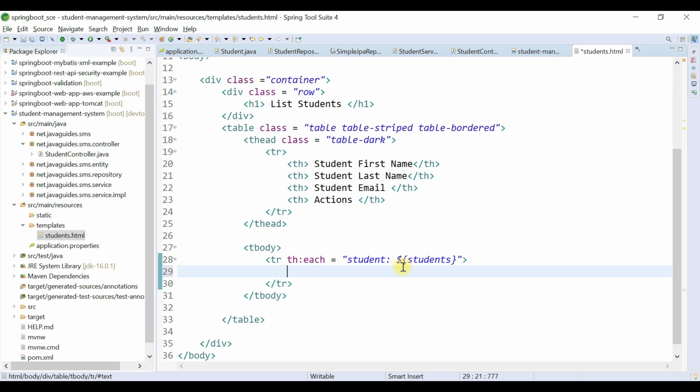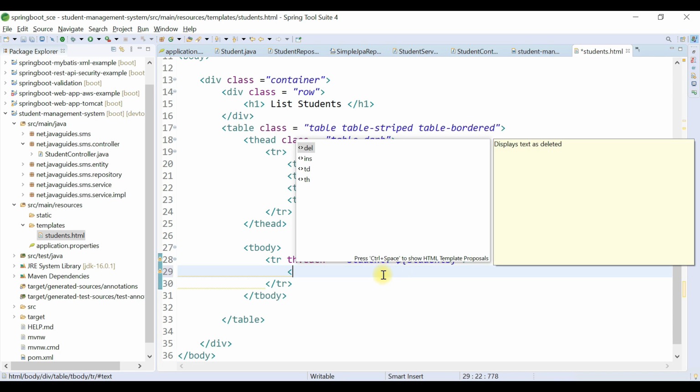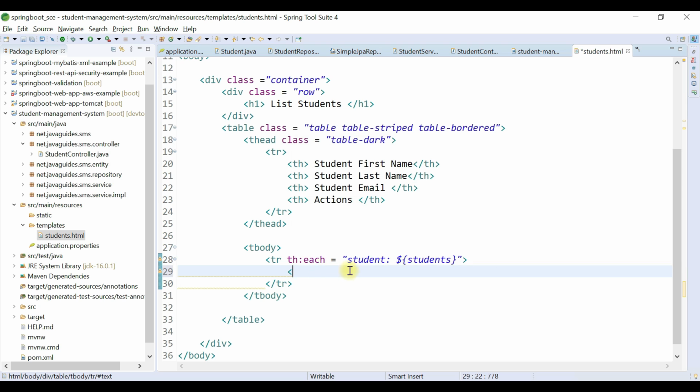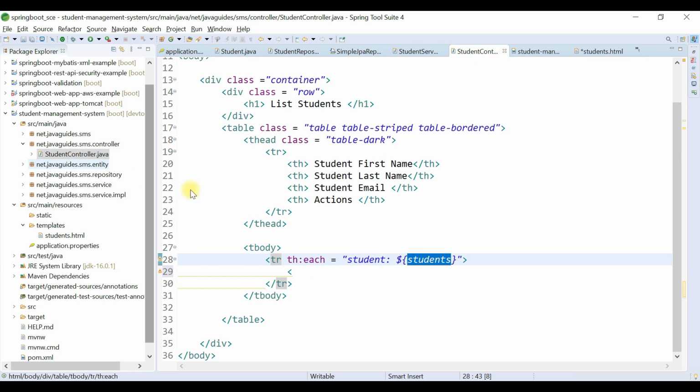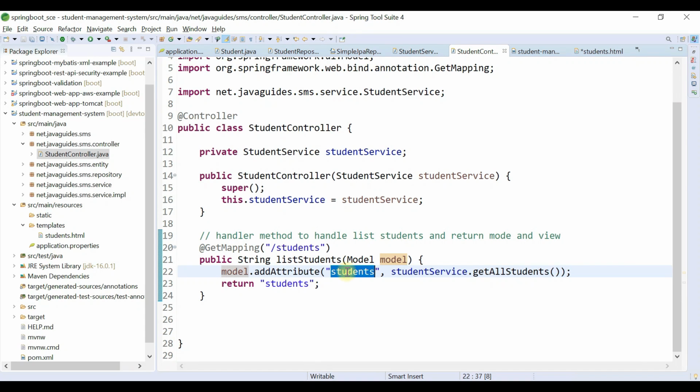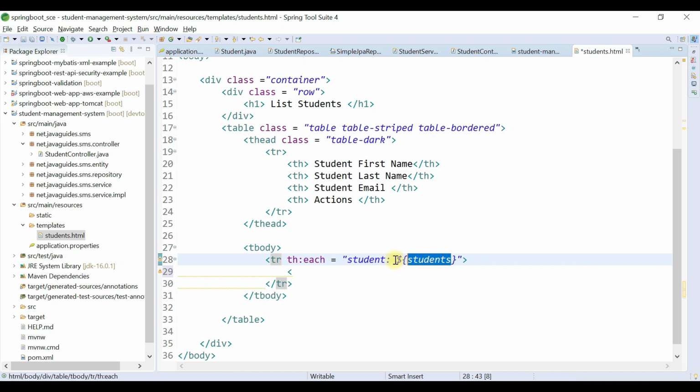Now we're going to display the student first name, last name and email. So look here, this students comes from the student controller. We are going to access this key by using Thymeleaf syntax like this. Now let's use td here and then th:text in order to display text.